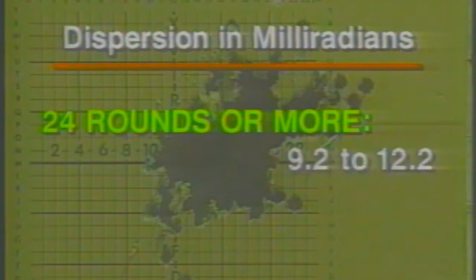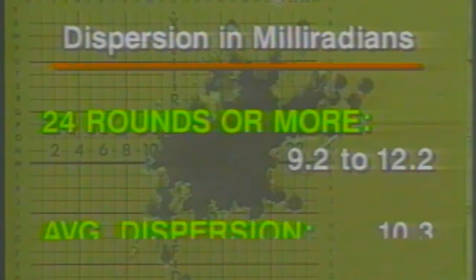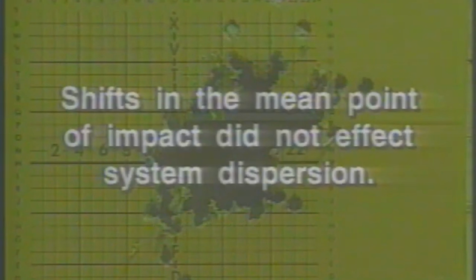The burst 80% diameter dispersion ranged from 9.2 to 12.2 milliradians for bursts of 24 rounds or more. The average 80% burst dispersion was 10.3 milliradians. Shifts in the mean point of impact during test bursts were not significant contributors to system dispersion, since the gun turret was mechanically locked down. The individual barrel dispersion values ranged from 4.4 to 11.4 milliradians. The downrange velocities measured at 69 feet from the muzzle varied between 2,991 feet per second to 2,902 feet